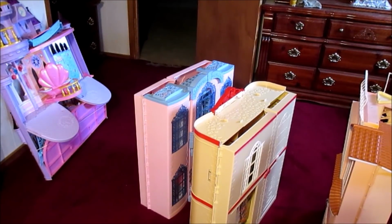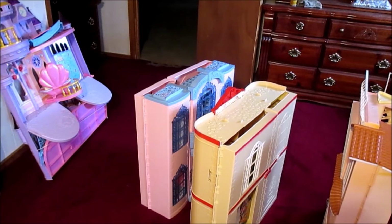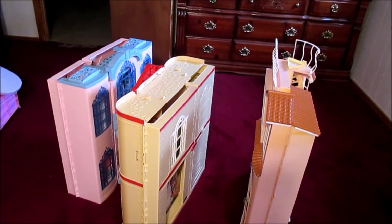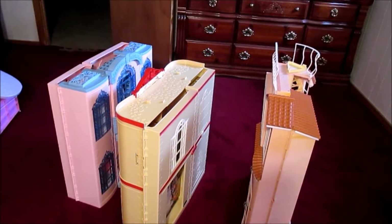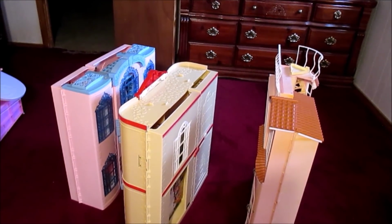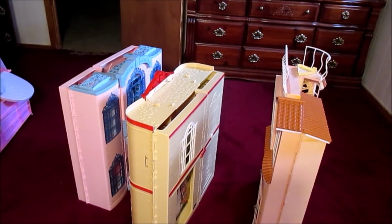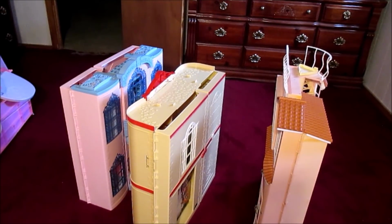Okay, so these are the 4 big houses and play sets that we keep in this closet with those trash bags covering them. So obviously we had to take the trash bags off when they got damp on the bottom, just to make sure that they didn't get moldy or anything. So the bags are dry, the play sets are dry. They've actually been for a while, but